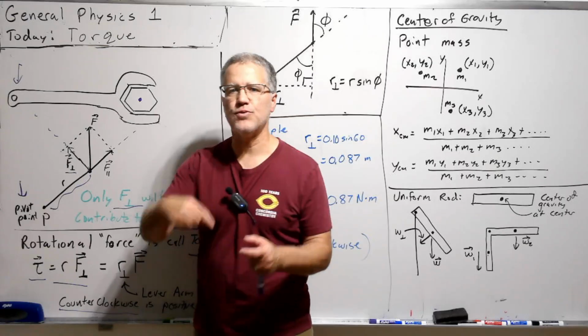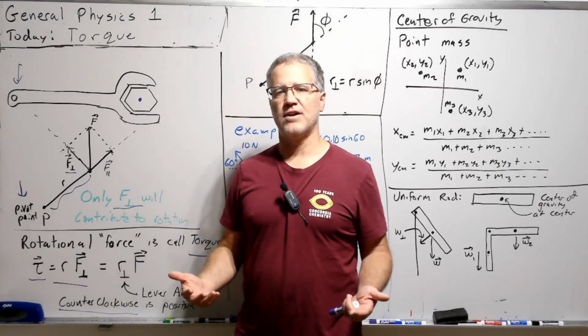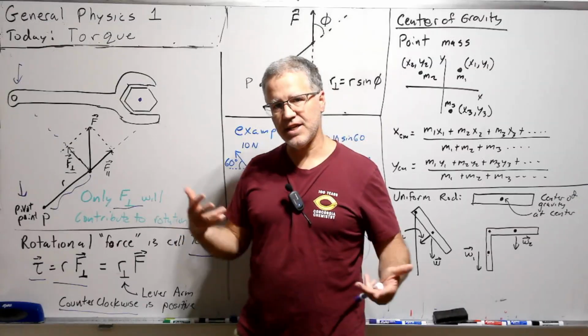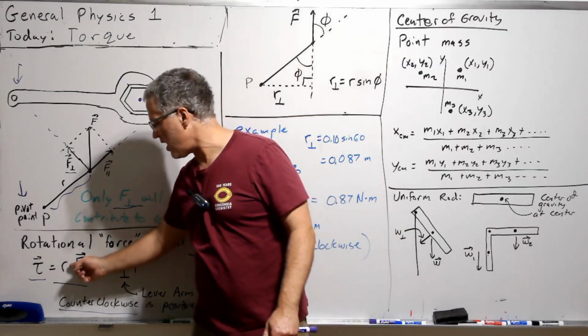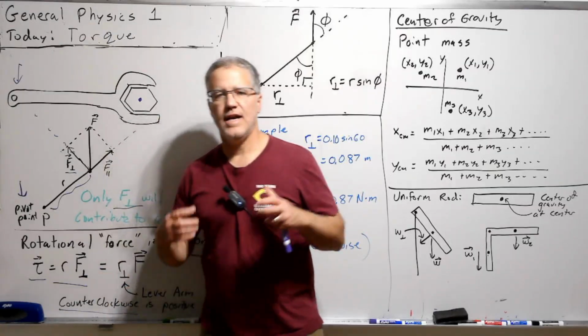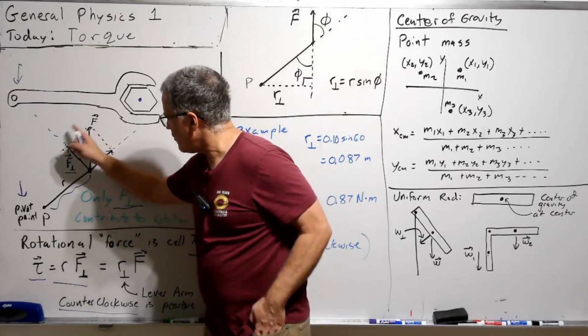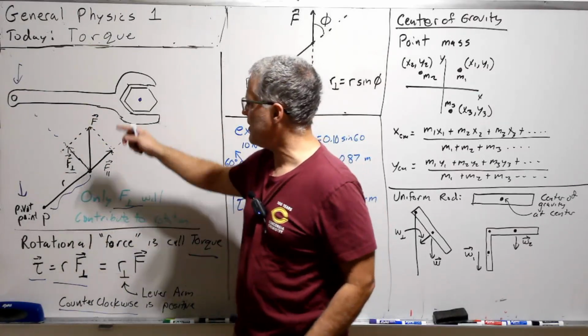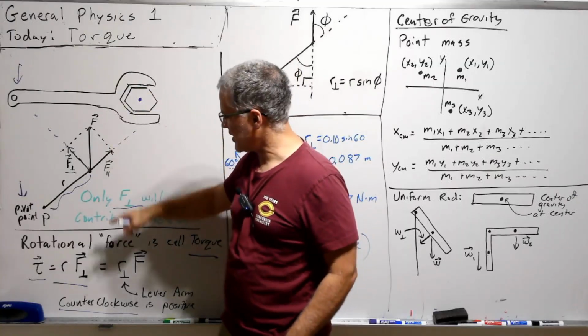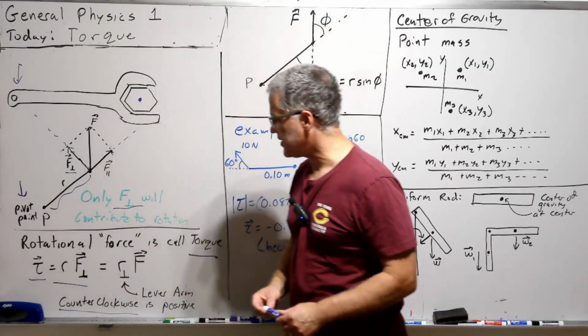And then how much force we apply in the perpendicular direction is going to matter. Now, it's not intuitive that they would be linear necessarily, but they are. So r to the first power and force perpendicular to the first power. So that's how we took our intuition about this wrench and how it works and defined this quantity